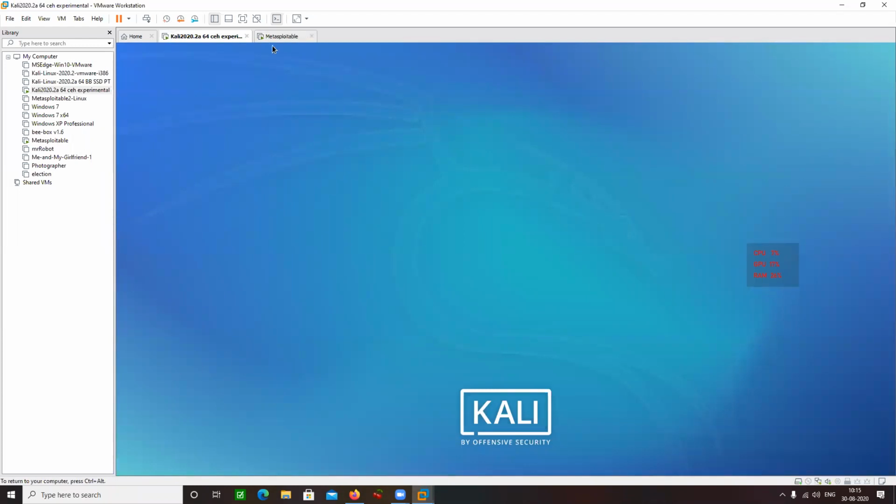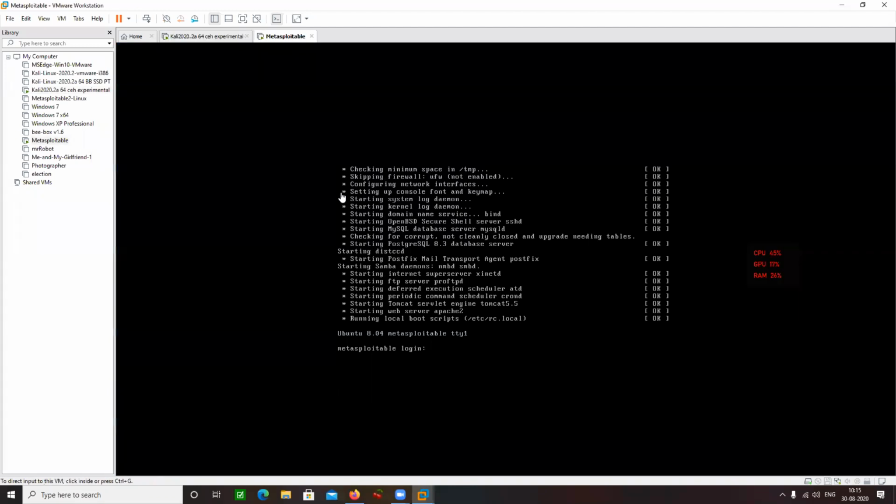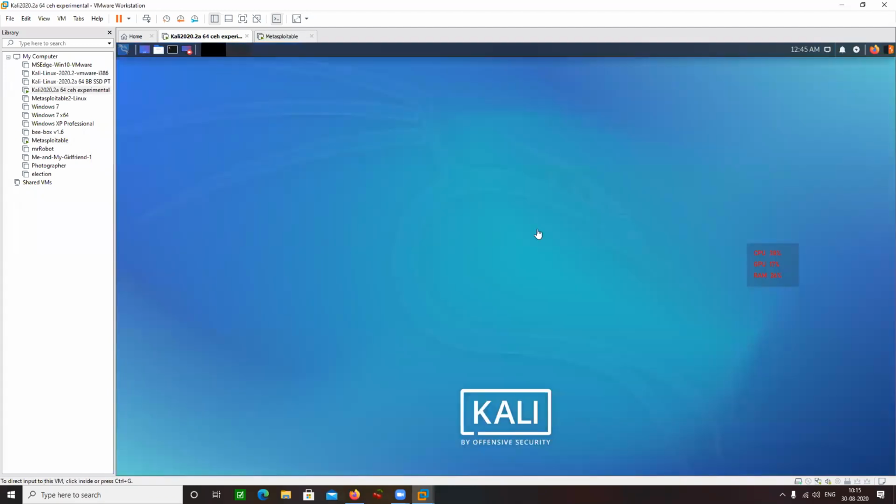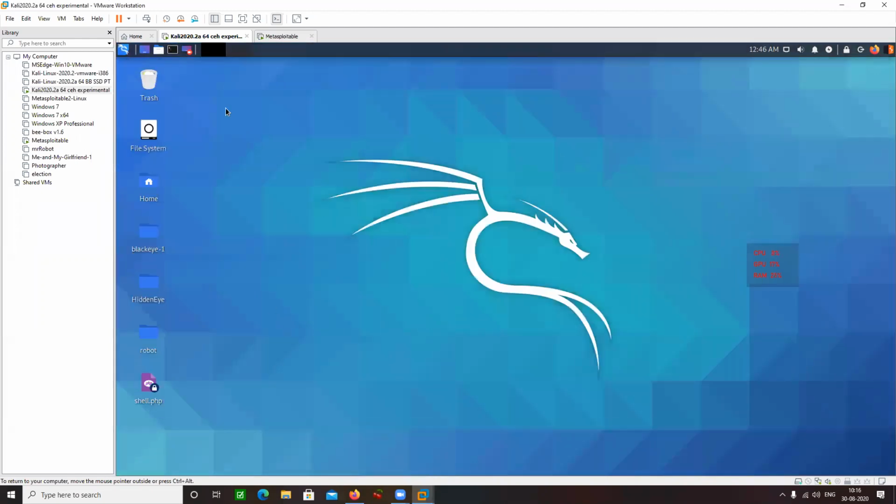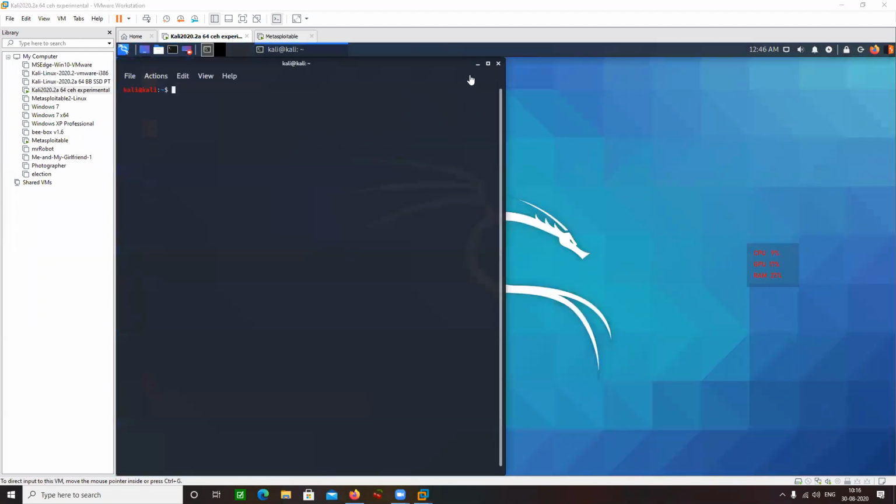Okay, so I have deployed this Metasploitable machine in my network, and I have switched on my attacker machine as well. That is going to be my Kali Linux. Let me quickly open my terminal over here. Let me create a directory here named Metasploitable, although this was not required, but still.